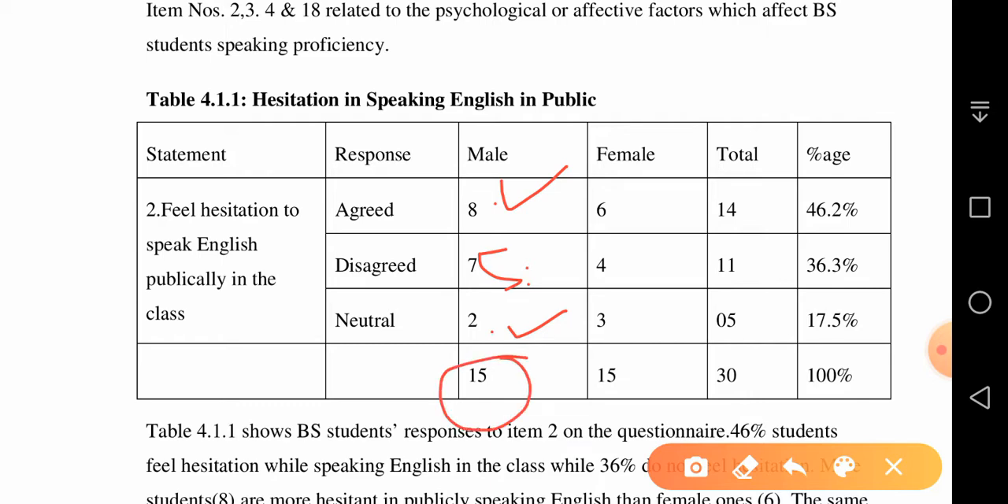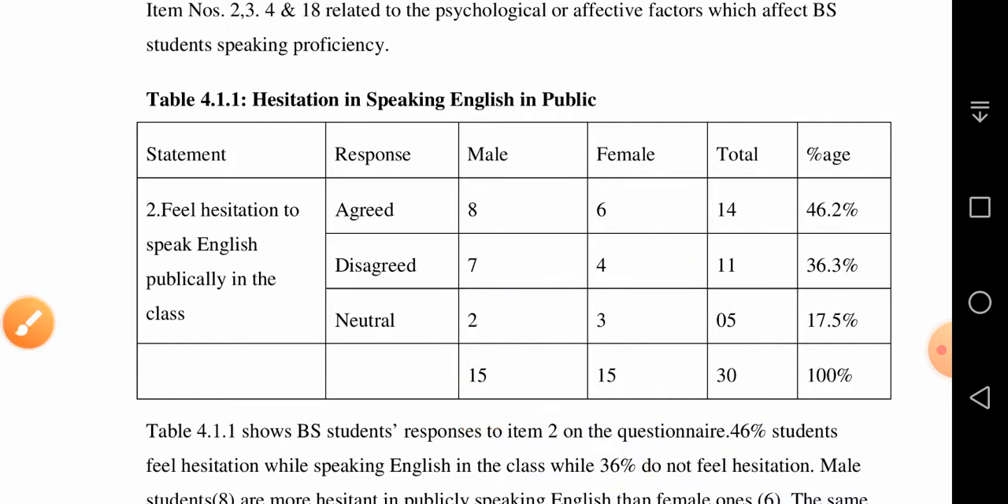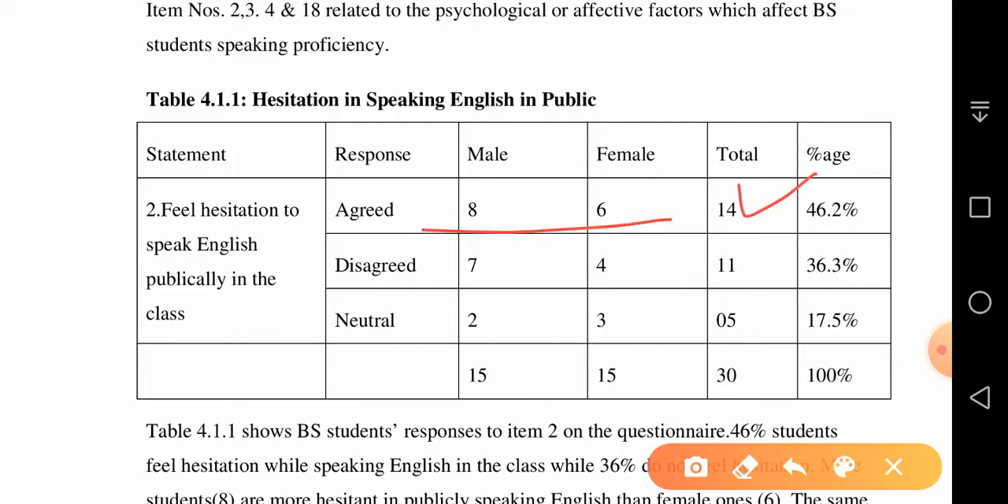Now let's talk about female students. So 6 students agreed and 4 disagreed, and 5 students were neutral. So there is some mistyping here anyhow. You have to calculate the total here, 14, and this is here and this is here, so the total is